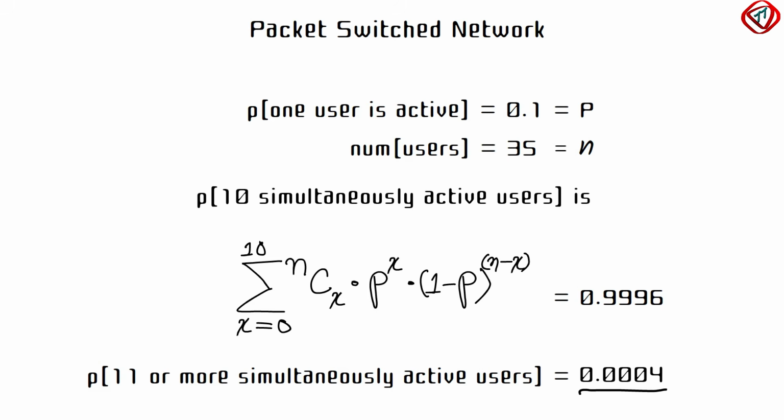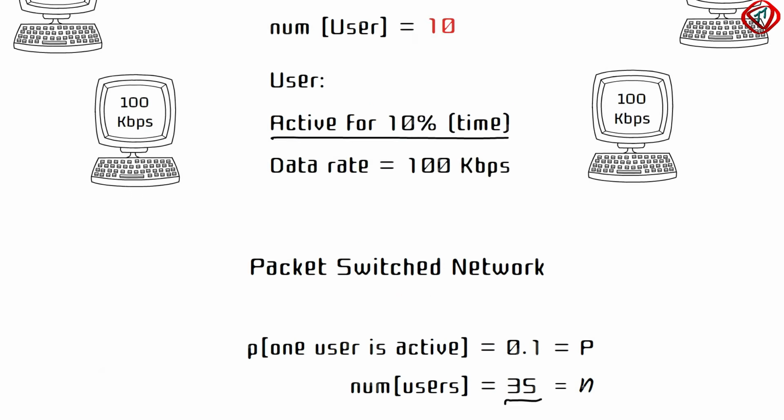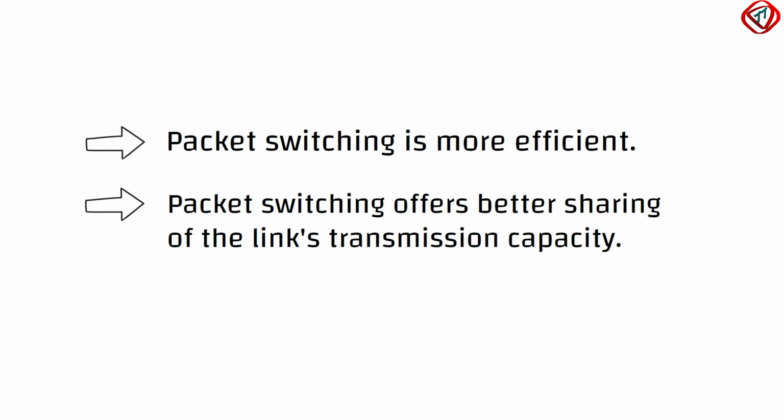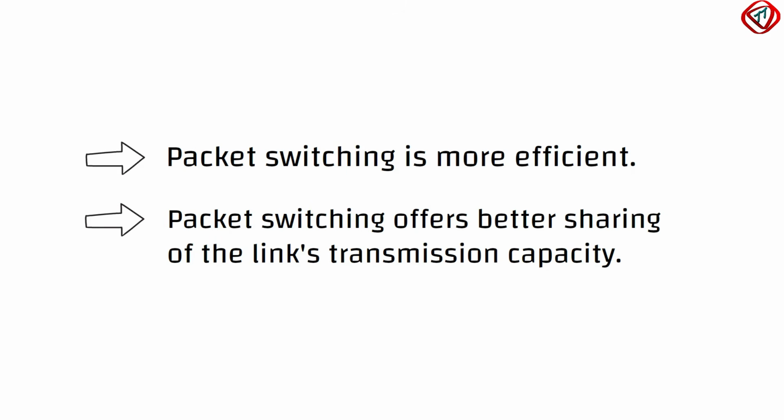So, packet switching or packet switched network offers the same performance as that of circuit switching, along with supporting 35 users, which is more than 3 times the users supported by circuit switched networks. Now, let us start with the second point, which is packet switching offers better sharing of the link's transmission capacity than